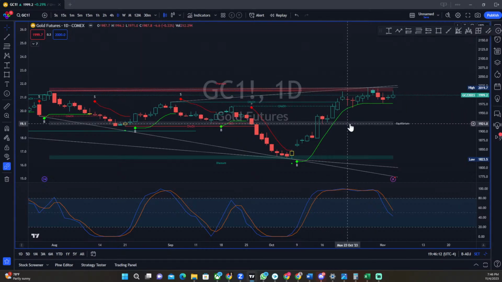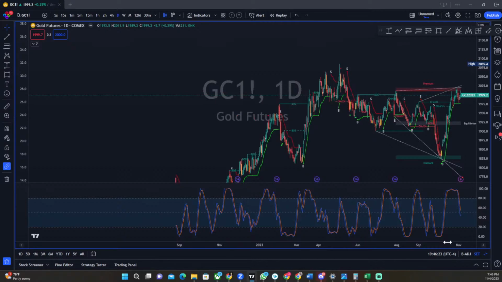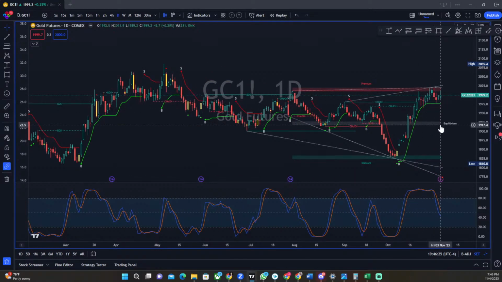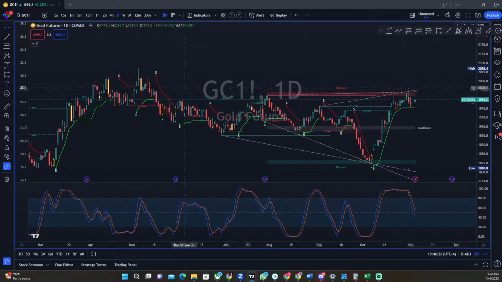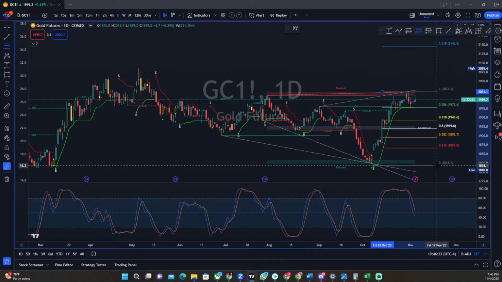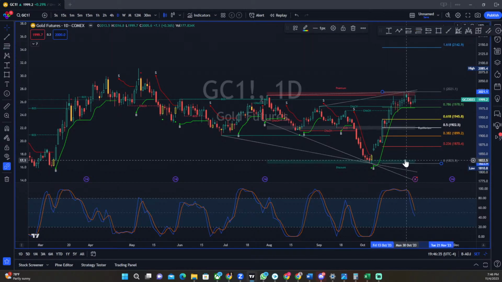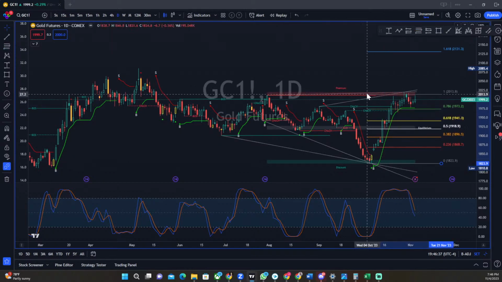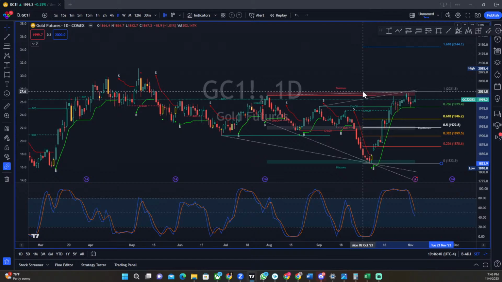Now, the problem is with the war that's going on, people are running to commodities so they can protect themselves because of investments, right? But if we really look at this, is this really a healthy uptrend? It's starting to look more and more like a megaphone pattern. So what I'm thinking is we're going to do a rising wedge and start to really put some pressure on that buying pressure, right?